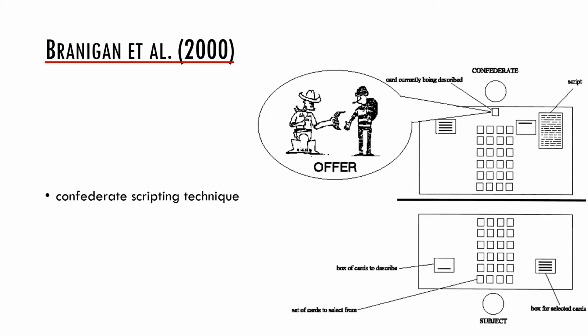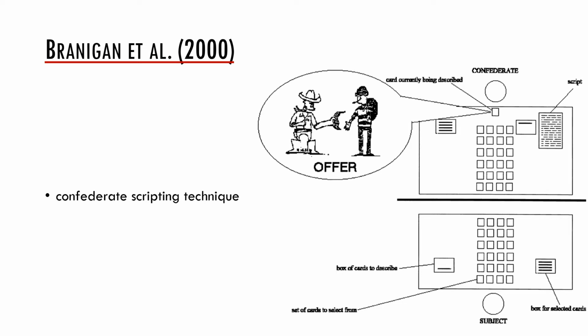The authors used what they called the confederate scripting technique. The research design was quite smart. There was a confederate and a participant who sat opposite each other, but they could not see each other because there was a barrier between them. The participant was told that the experiment aims to find out how well people communicate when they cannot see each